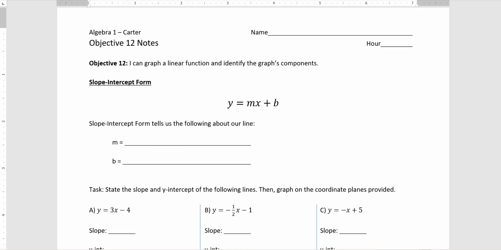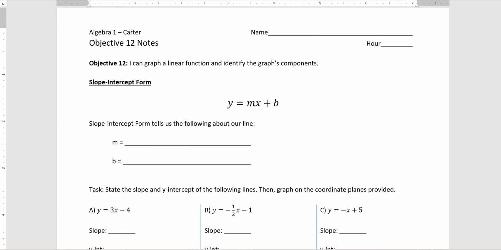Objective 12: I can graph a linear function and identify the graph's components. This is a huge part of Algebra 1, being able to graph lines, work with linear functions, understand what's going on, and find intercepts. We're going to do that today. The first form we're going to look at is slope-intercept form, which is written y equals mx